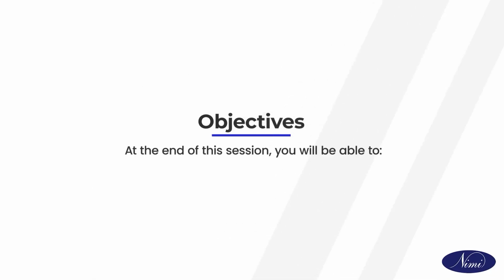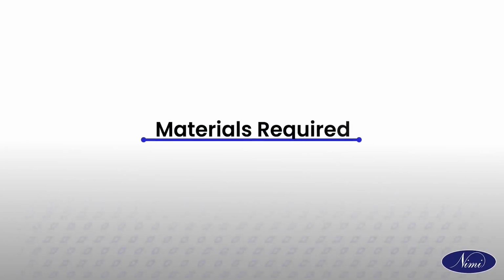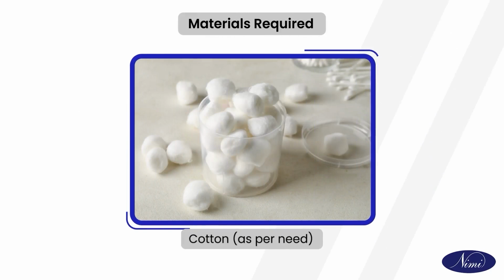At the end of this session, you will be able to prepare the client for shampooing, follow the right procedure to shampoo the hair. The materials required for shampooing are cotton as per need,